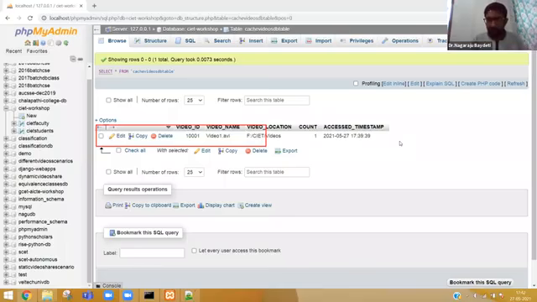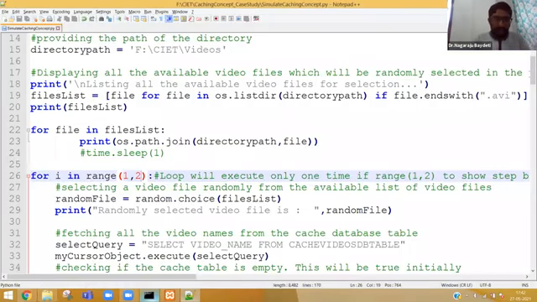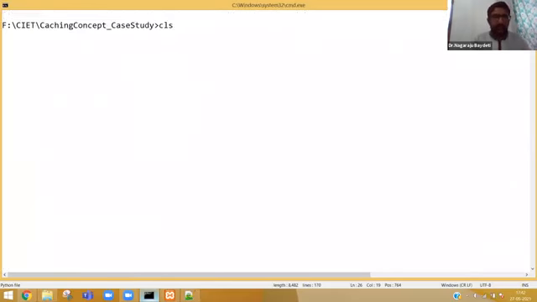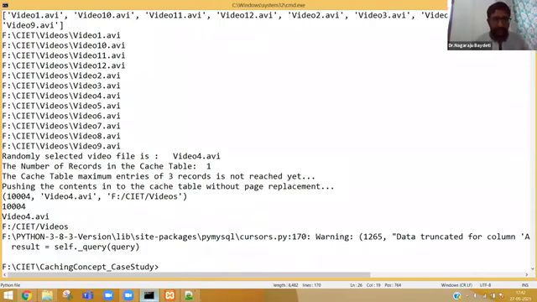Now, let me execute the program once again. Basically, you need to execute 3 times so that 3 new video files will be selected. Now, video 4 is selected. Second time, video 4 is selected. So now cache will have video 4 also.